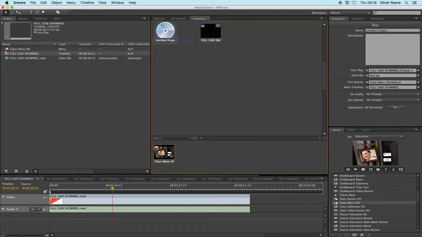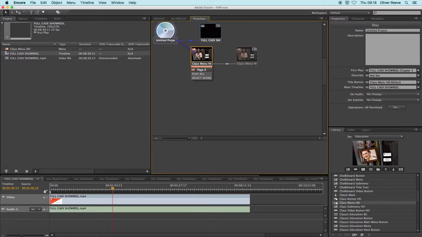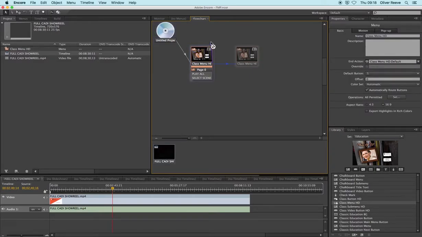Now, what we need to do is bring this into our project, and if we just drag it in, you'll see how it's doing things that we don't want it to do. So what you've got to do to make sure that things are set up correctly is grab the pick whip from the DVD and drag it to here. That is then telling